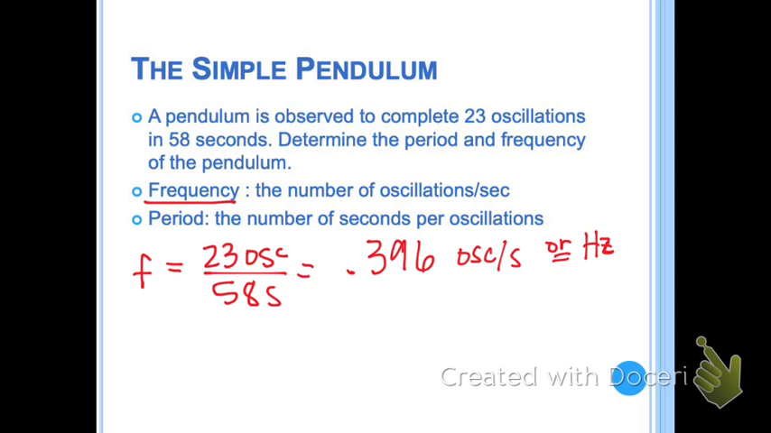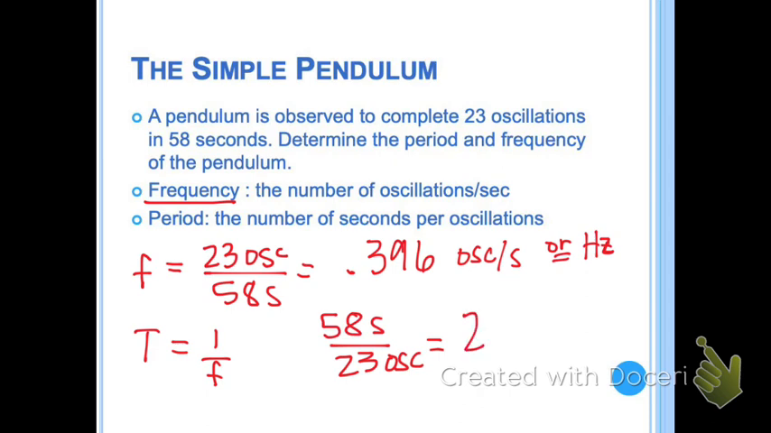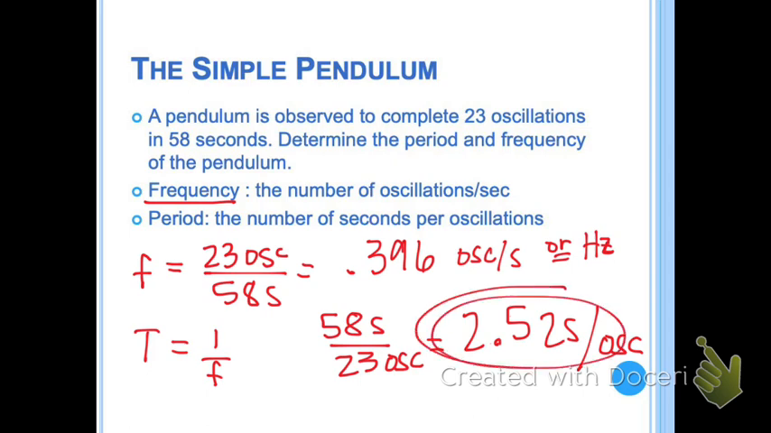Okay, and then to find period, you could do T equals 1 over F, and you could solve for it that way, or you could just turn it around and say 58 seconds per 23 oscillations. Either way, that's going to get you the same value. So that's 2.52 seconds. And then you might even see it per oscillation, but usually we just leave it as just seconds because we know it's over one oscillation. So either way is fine, but period would be 2.52,